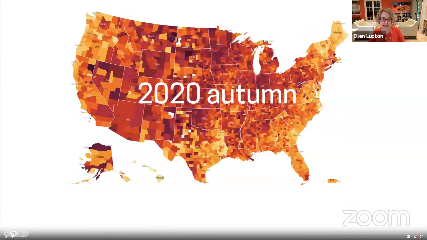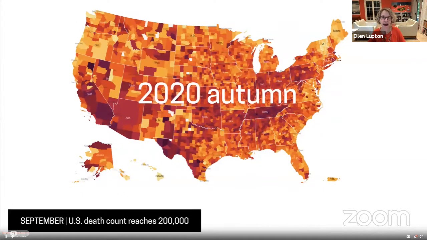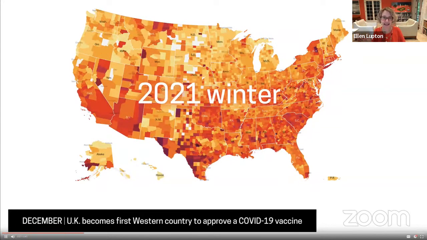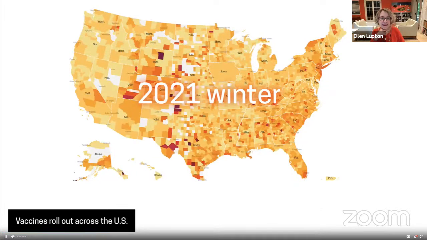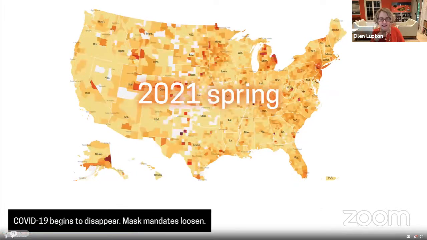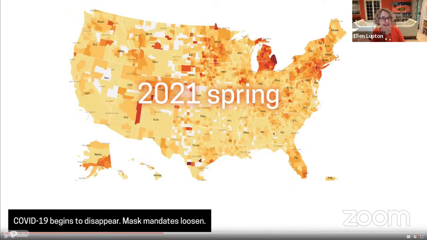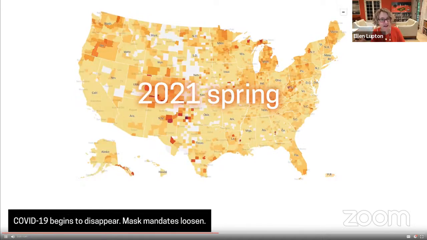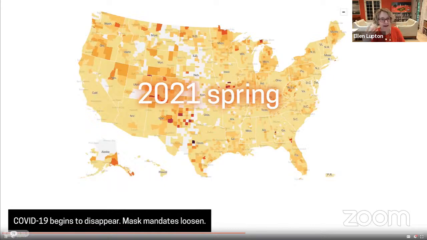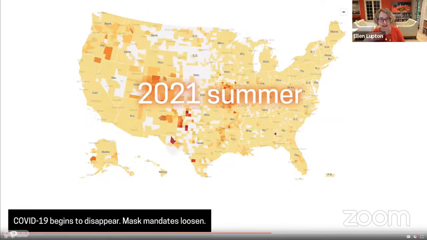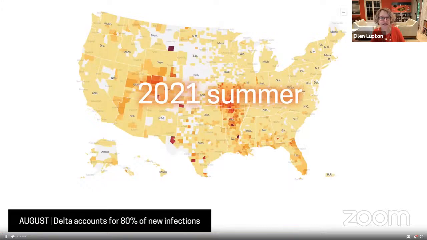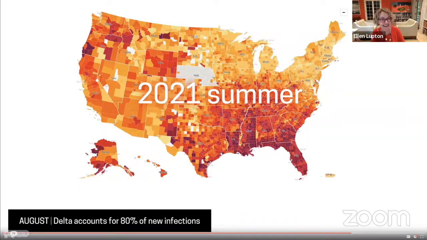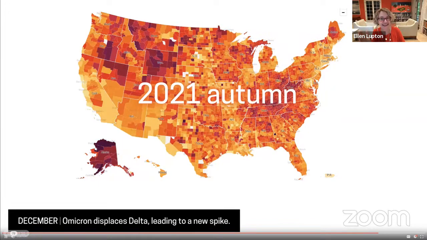And here we can see, I've been taking screenshots every week of this map in order to see the movement and change. And while you'll see that there's moments like after the vaccine was introduced, the virus begins to disappear and the map fades to pale yellow. And there's this sense of optimism, and people stop wearing masks and people start returning to normal activity. And you have this very optimistic summer, and then Delta hits and the color changes again.